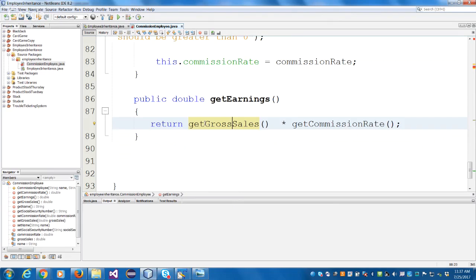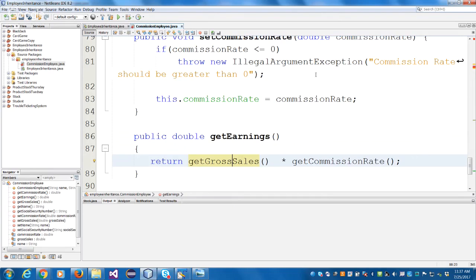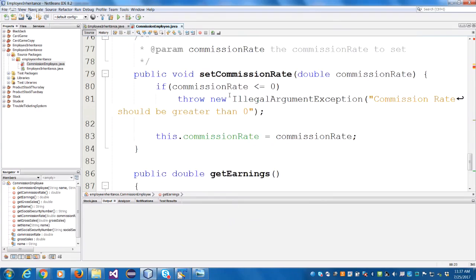So if you want the commission rate to be between 0 and 1, then we'll have to change this. Right? So if it is between 0 and 1, that's the only commission rate we want. Why 0 and 1? Because 1 means 100%, right? So that's if you want to do that. Otherwise, somebody may give a commission rate of 200 or 300. So you could, if you like, incorporate that condition here. You could say if the commission rate is less than 0 or it is greater than 1,